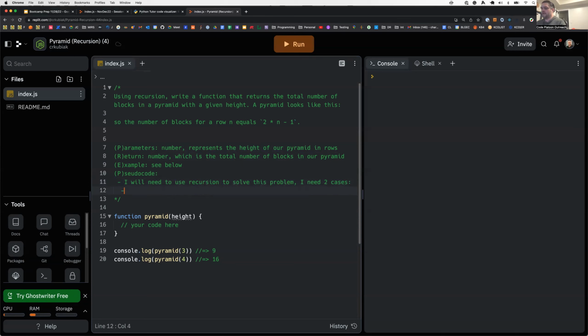right? And so I can say my base case, which is the important case. So we need to understand when we're going to stop. Right. And so to get, I will